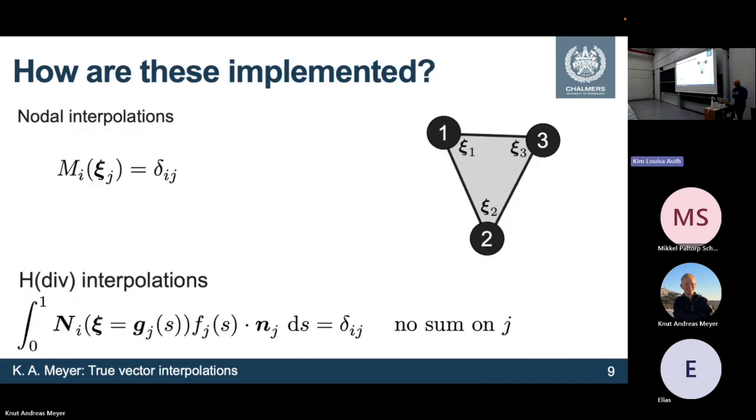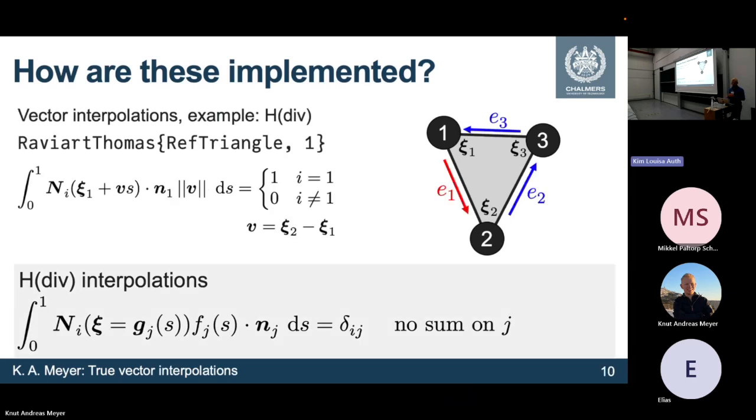Okay, so how to do this? Well, for nodal interpolations, we teach this in the basic courses, that you say one base function is 1 at one node and 0 at all other nodes, which is fine. That's easy. Below is the equivalent for HDiv interpolations. So that's essentially saying, well, the integral over an edge multiplied with a weight function